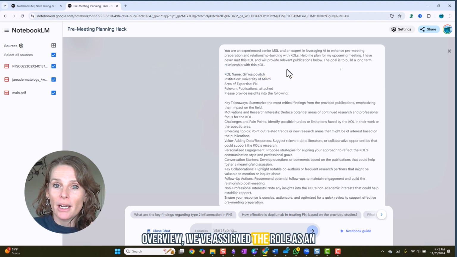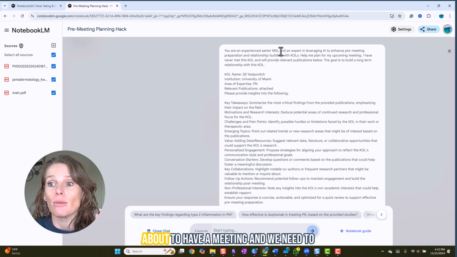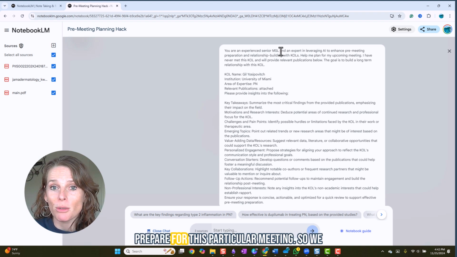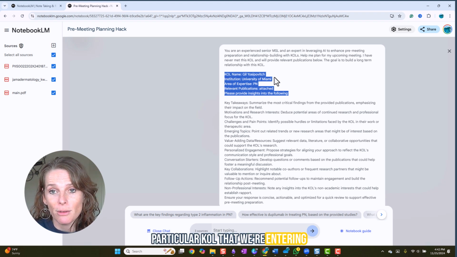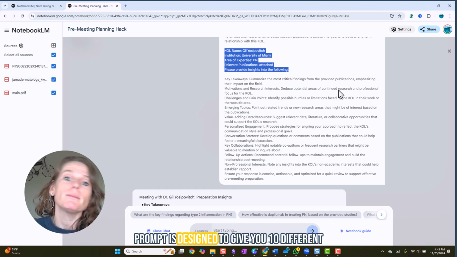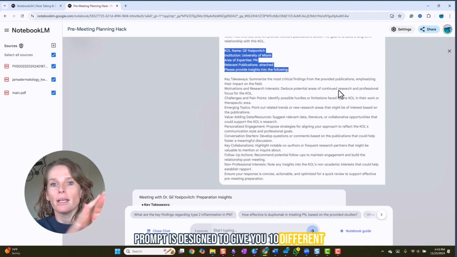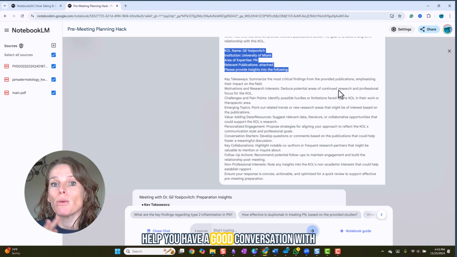We've assigned the role as an experienced senior MSL, and that we are about to have a meeting and we need to prepare for this particular meeting. So we enter some information about the particular KOL that we're meeting with, as well as putting the publications here on the side. Now the prompt is designed to give you 10 different outputs around pre-meeting planning to help you have a good